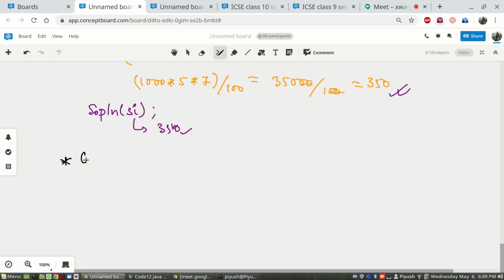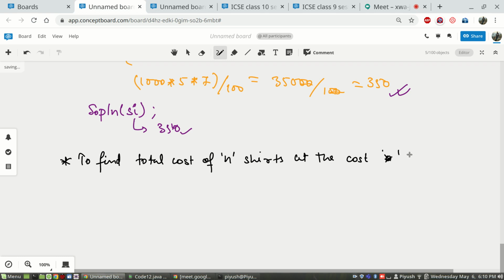Let's say you have to find the total cost of n shirts, where n is a value entered by the user, at the cost of a rupees each. Let's say this is the question.